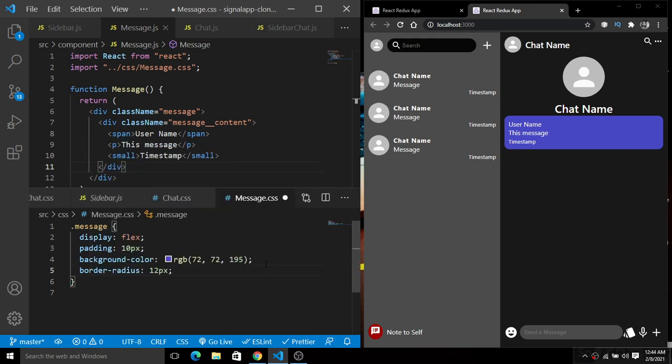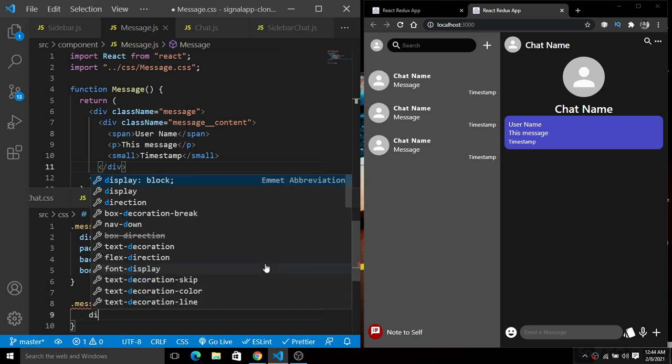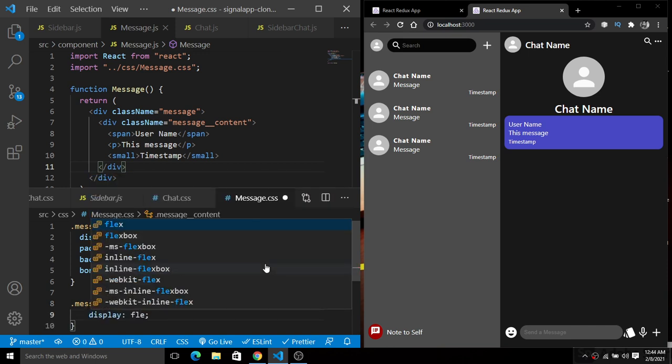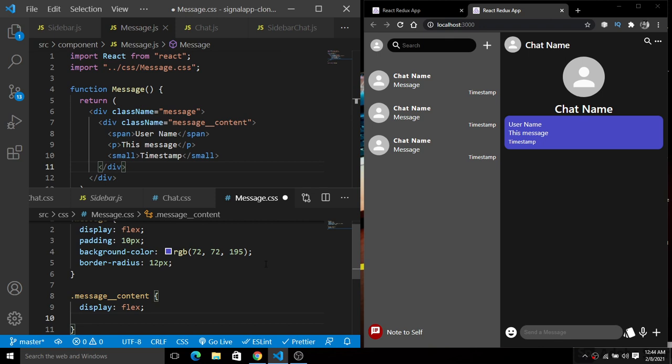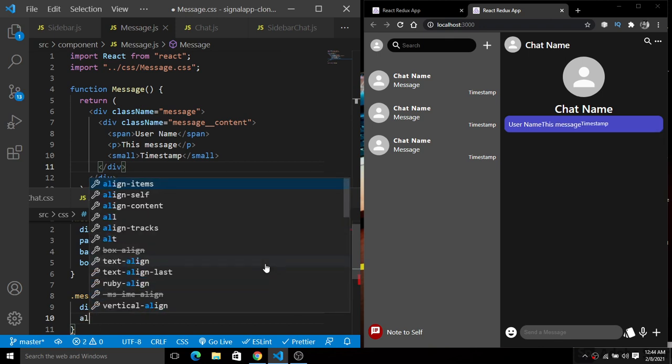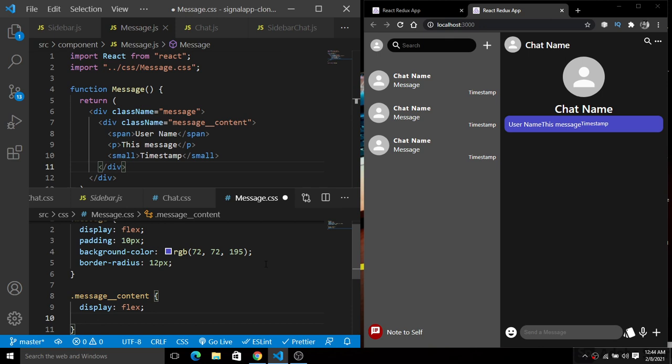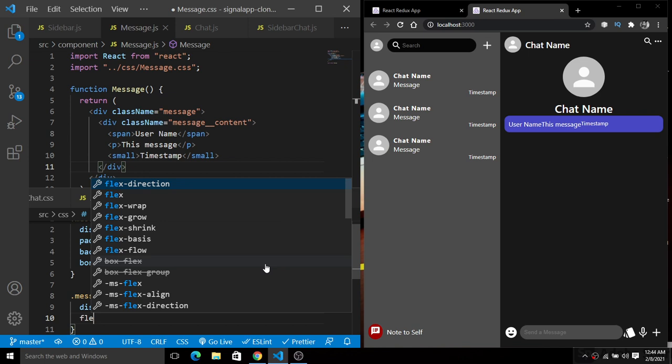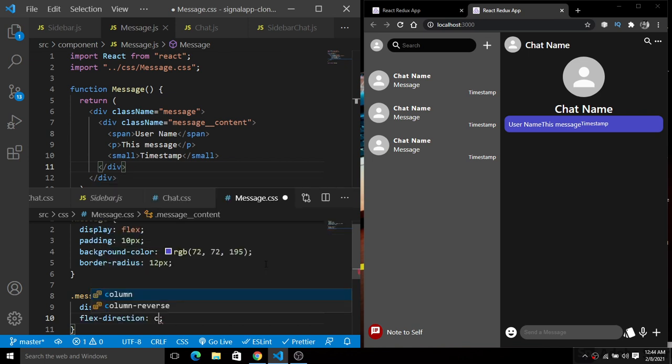Now we will target the message content. So inside of this message content, simply give the display of flex. Now save this. Display of flex, and now we will simply give a flex direction of column.